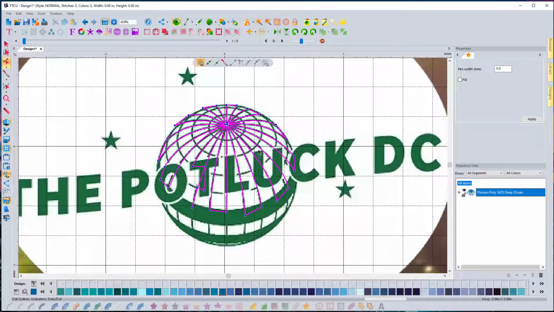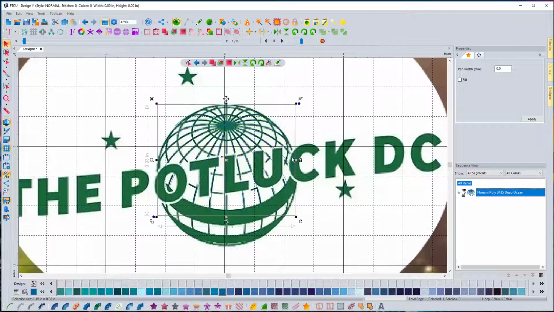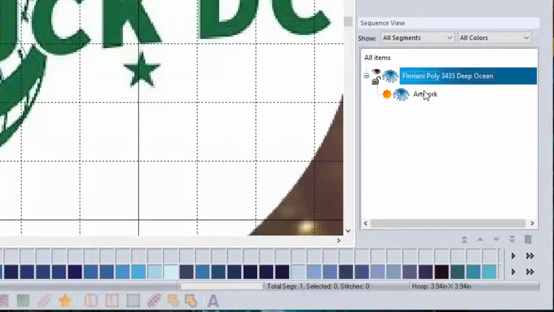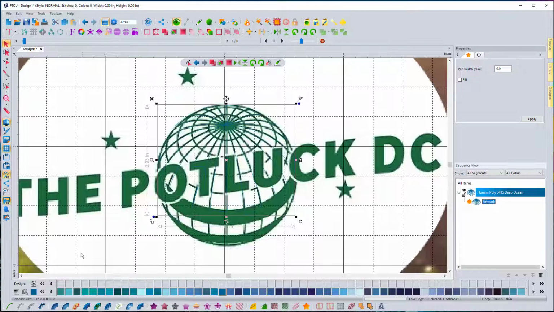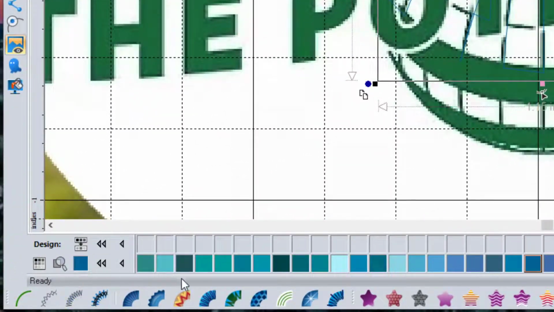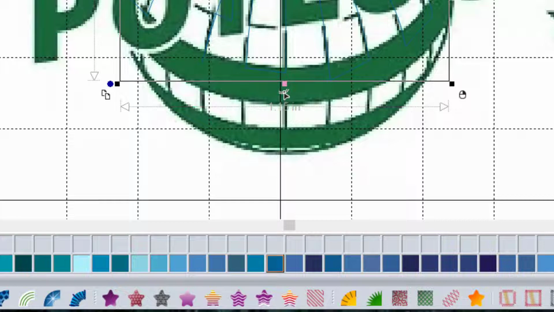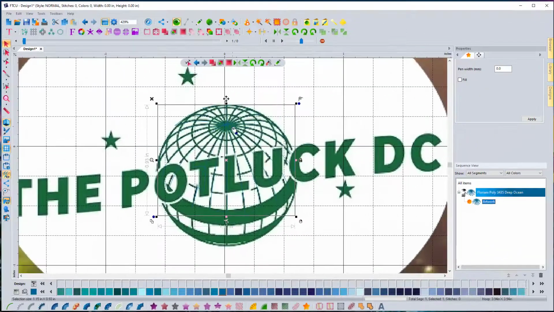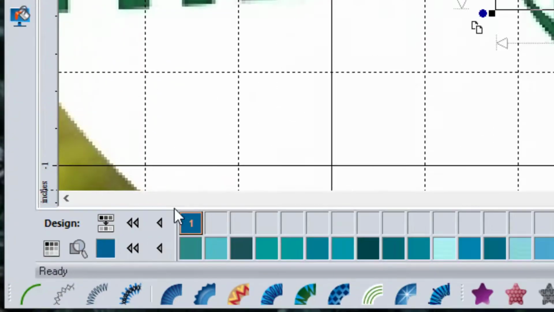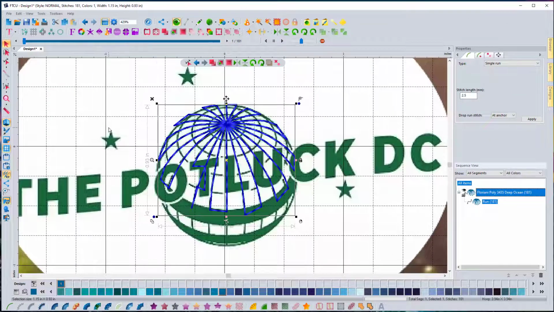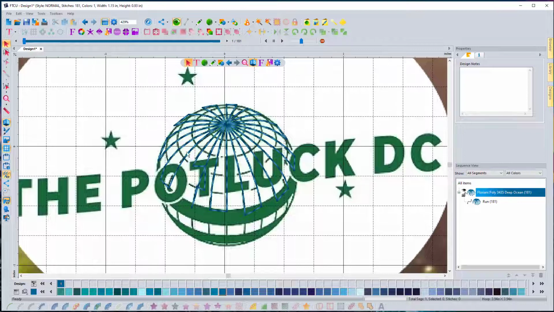So once we have our artwork in, which is what we're looking at here, this is artwork. Right now this is not stitches. If we look over in our sequence view, this tells me that this is artwork. It is not stitches. My stitch conversion tools are all down along the bottom. We've got three major sections. We've got the run stitches, the satin stitches, and the fill stitches. Those are our major stitch types. And this needs to be what's called a run stitch. So we're going to use run, and that has created this grid for this part of our globe,